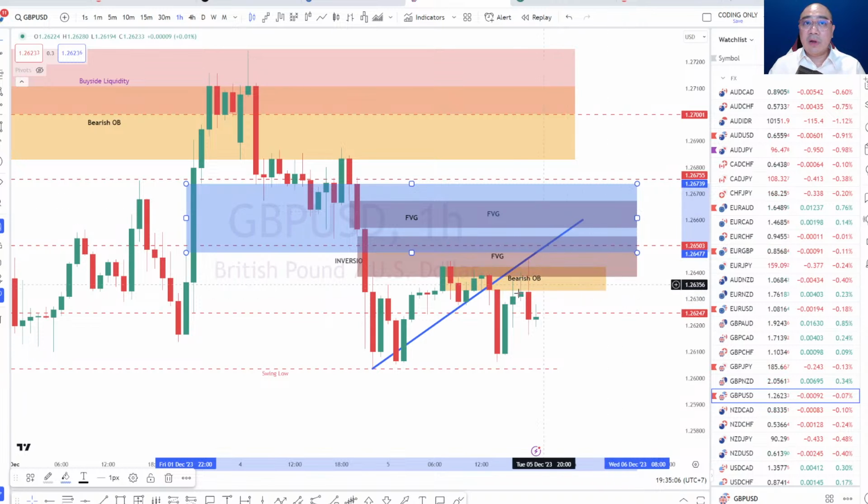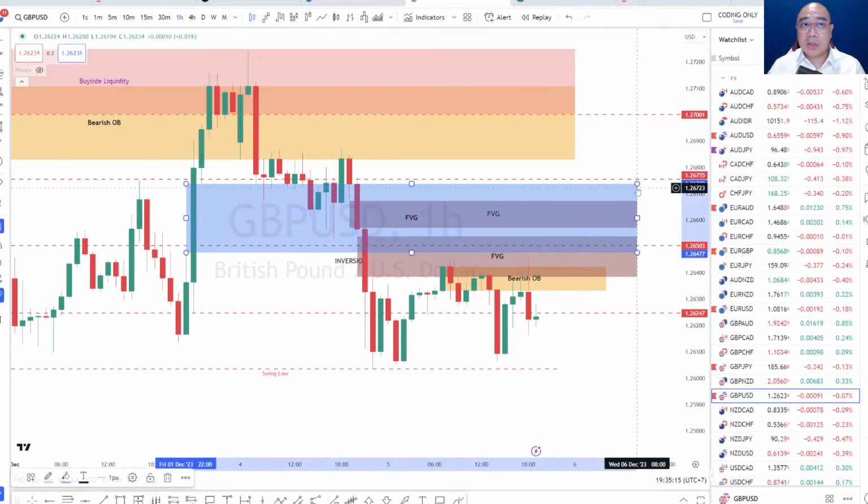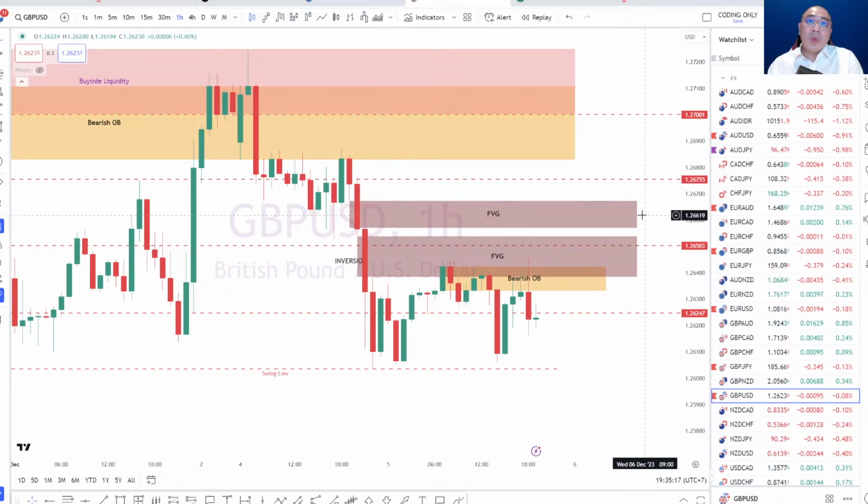okay? Because if there are resistances building up before it can actually get there, then there is a higher chance that price might not actually come back to this area as well. So we'll try and use the latest fair value gap. I will leave this one here just as a backup, meaning if it does break above the 1.2650 level, which is a psychological price level, there could be a possibility it might actually come back to that fair value gap.